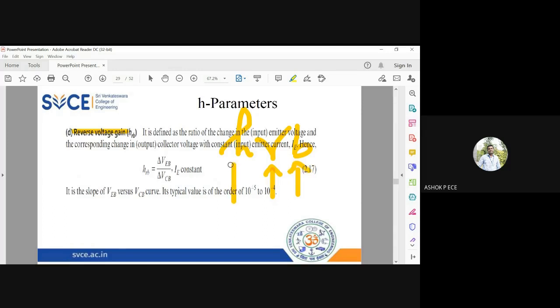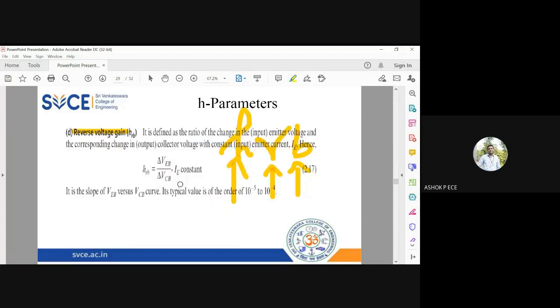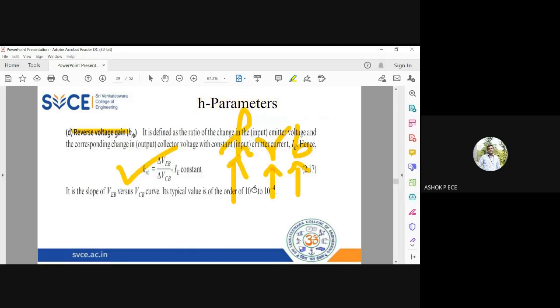So it is called HRB. And this is also similar to forward current gain. This also has no unit. And its value is 10 power minus 5 to 10 power minus 4. The input by output is there, whereas forward current gain is the output by input. Forward is the output by input, reverse is the input by output. So here you see input by output is 10 power minus 5, so output by input is 10 power 5. So voltage will be amplified here, but current will not be amplified here. Current amplification is 1, but voltage amplification is close to 10 power 5.